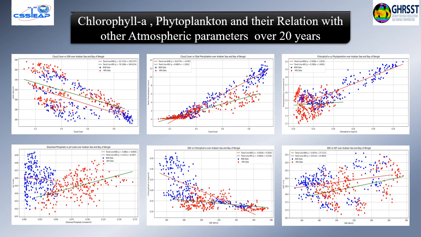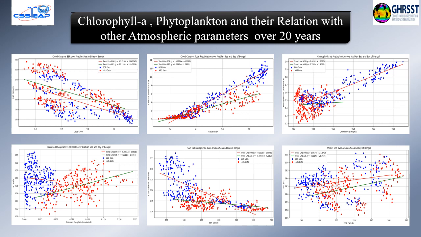We see that the trend line for the Arabian Sea is the green line that can be shown here. The green line is not changing. So we can say that there is least correlation between chlorophyll and phytoplankton, which is very surprising as a result. But for the Bay of Bengal, it seems to have a good correlation with each other. So similarly,